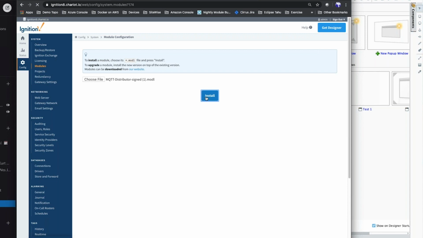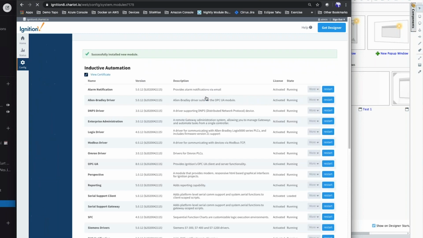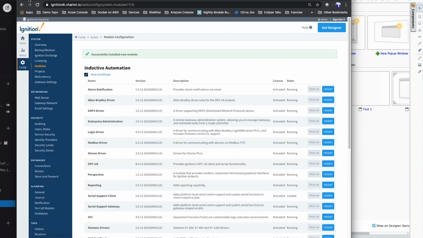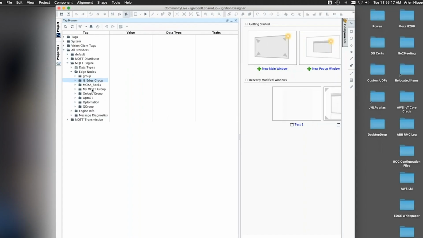Arlen, if you can do this one whilst you're installing that. One question that always comes up is about redundancy and standby configurations for MQTT. There are some very good videos. I'll go through that really quick, Chris, but there are some very good videos around on Inductive's website and on our website. But long story short is that